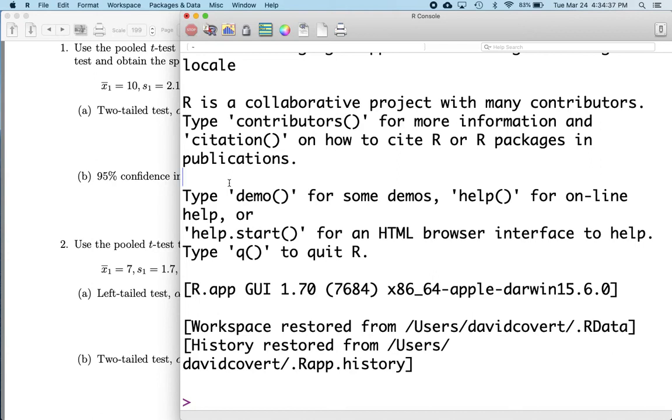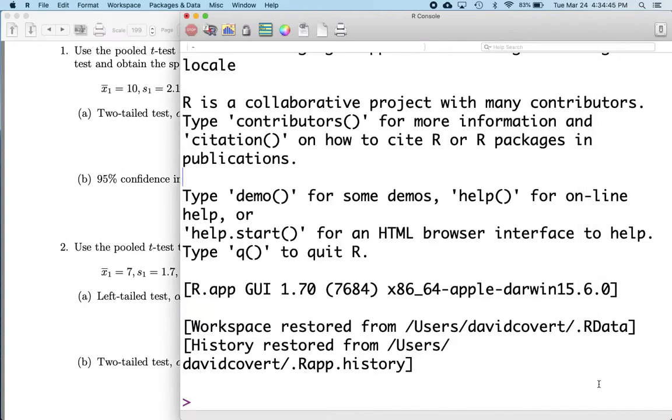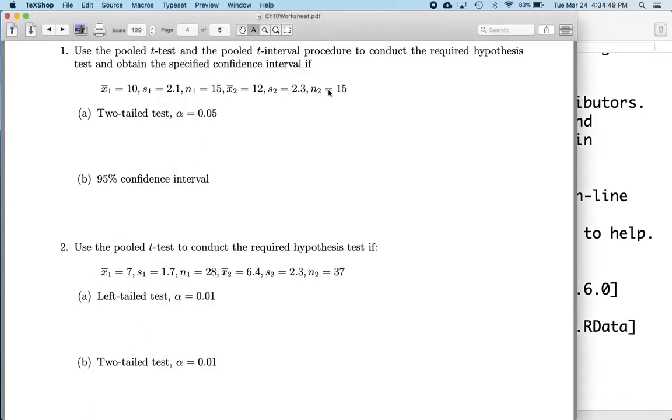What I want to do is show you how to do numbers 1 and 2 using the t.test function, but the problem is that you have to come up with a data set that has all the different statistics and parameters that you want it to have. So let's say I want to find two samples. I want them to have a sample mean of 10, a sample standard deviation of 2.1, and